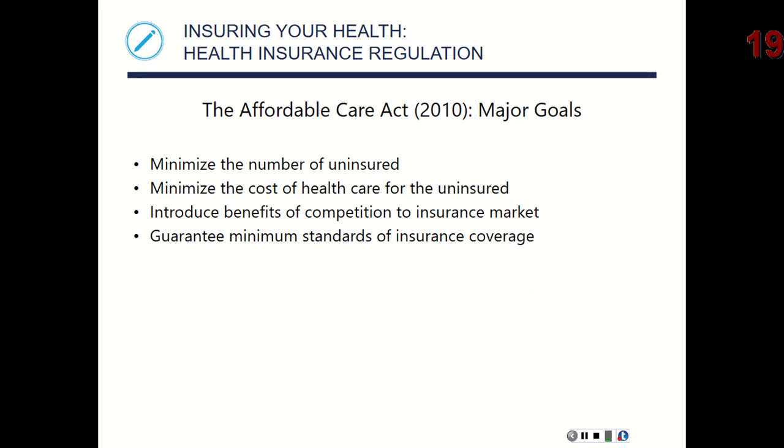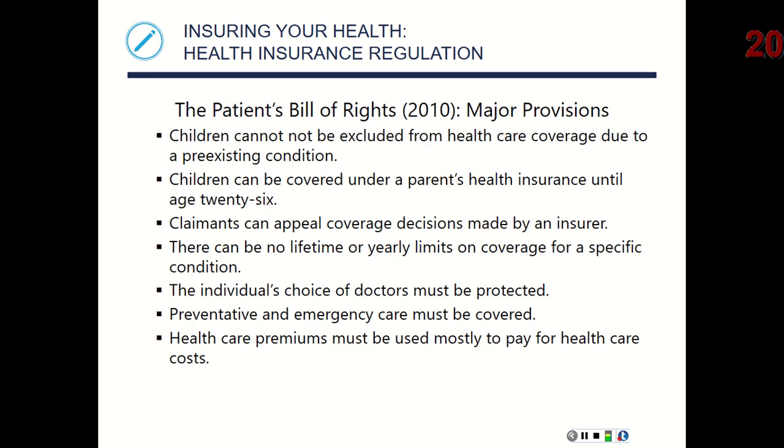A big thing that came into health care in the last handful of years was the Affordable Care Act, to try to ensure that everybody had health insurance. It set up a marketplace where the government would give you a tax credit and pay to reduce the cost of your health insurance if you did not have it. Part of that was trying to make sure that people were covered with good coverage that did not limit them based on pre-existing conditions. It extended the age to where your children can be covered under your health plan to 26, instead of when they were done with school.